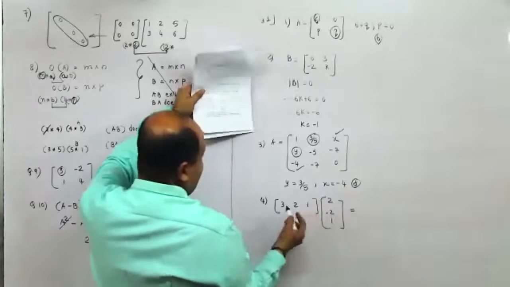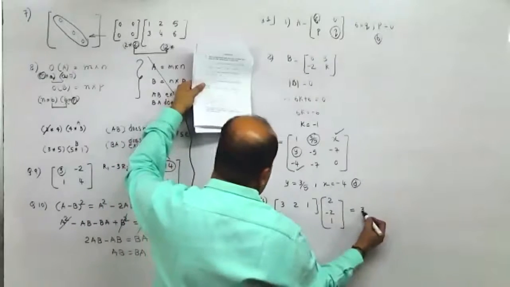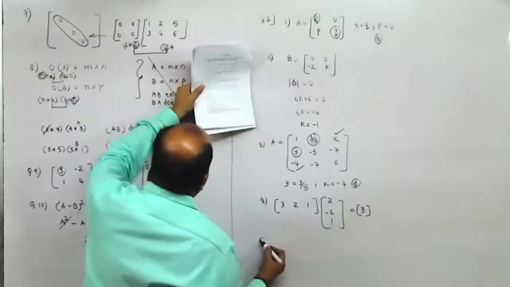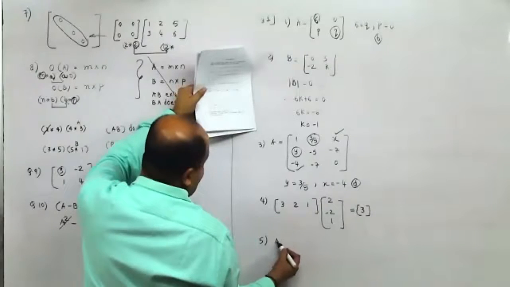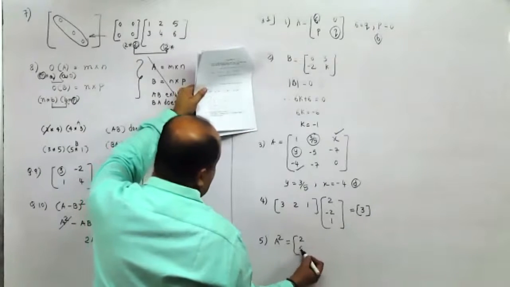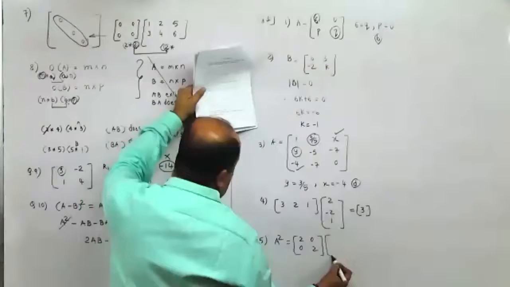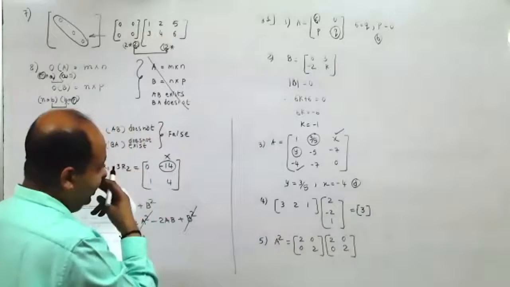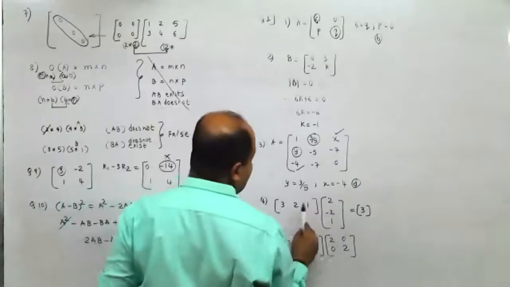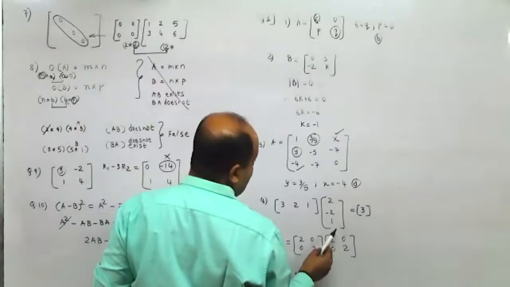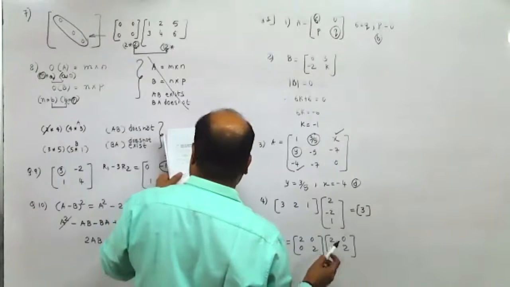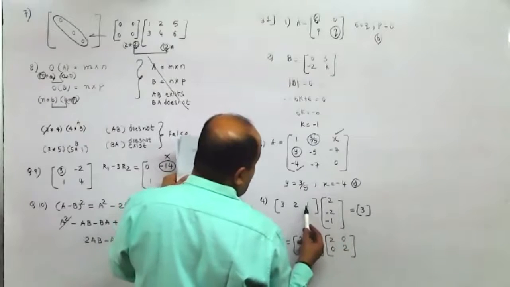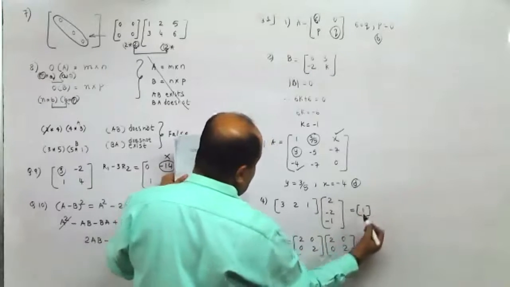This is 3, 2 is 6, 6 minus 4 is 2, 2 plus 1 is 3. Are you done with your computation? So, A square equal to 2002. Sir, fourth one will be 1. No? What? Fourth one will be 1. No? How? 3 into 2 is 6. Sir, it is minus 1. 2 minus 2 minus 1. Okay. 3 into 2 is 6, 6 minus 4 is 2 and 2 minus 1 is 1. So this would be 1.